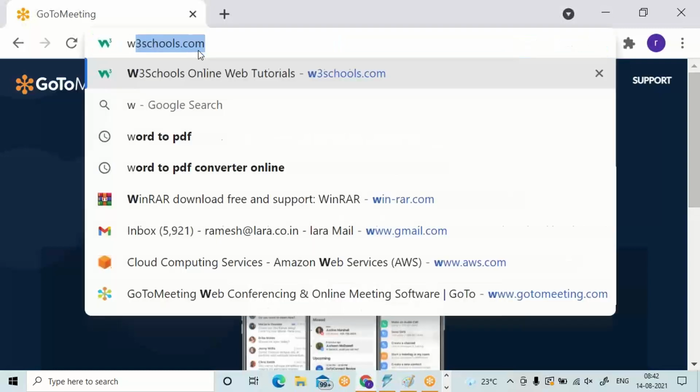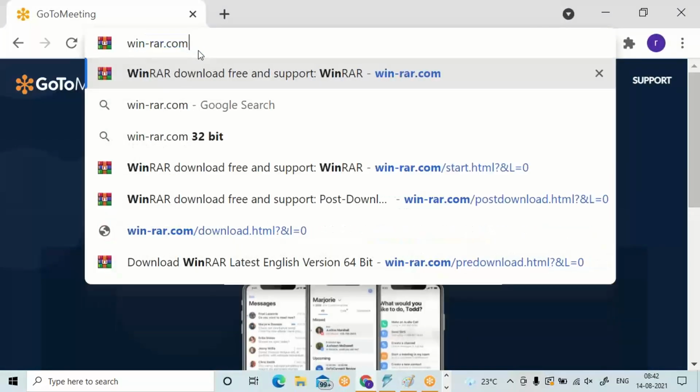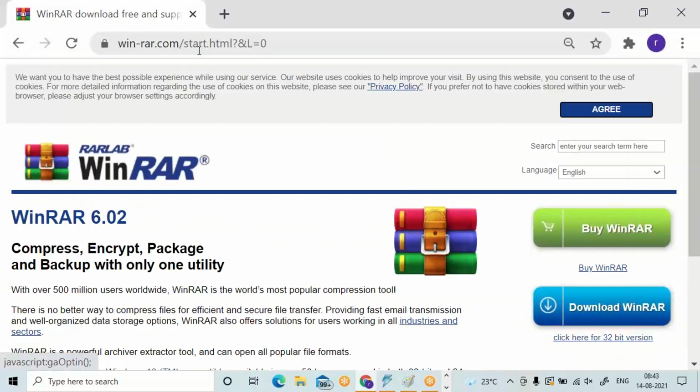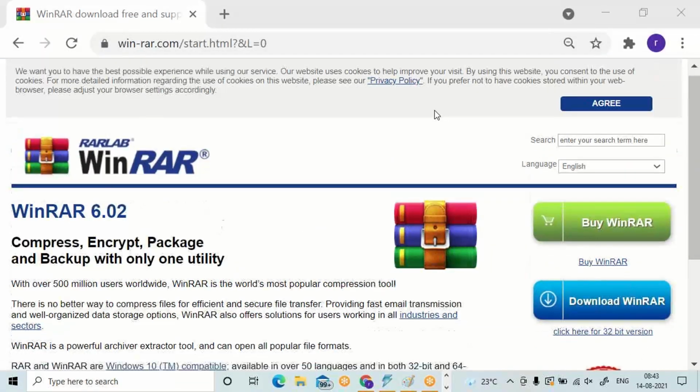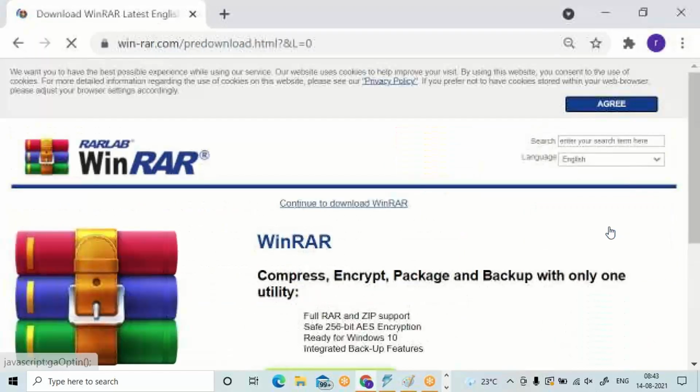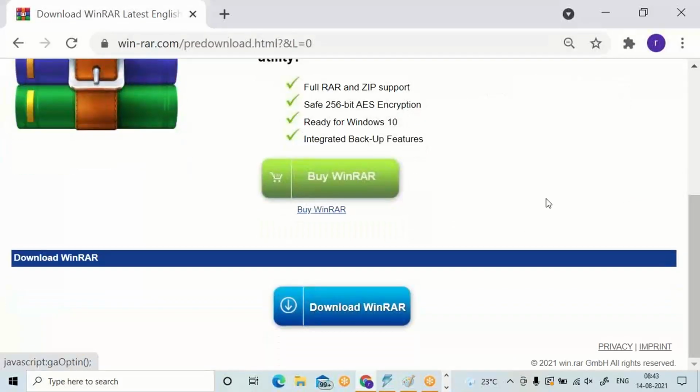First and foremost one, win-rar.com. In the win-rar.com, come little down, download WinRAR.